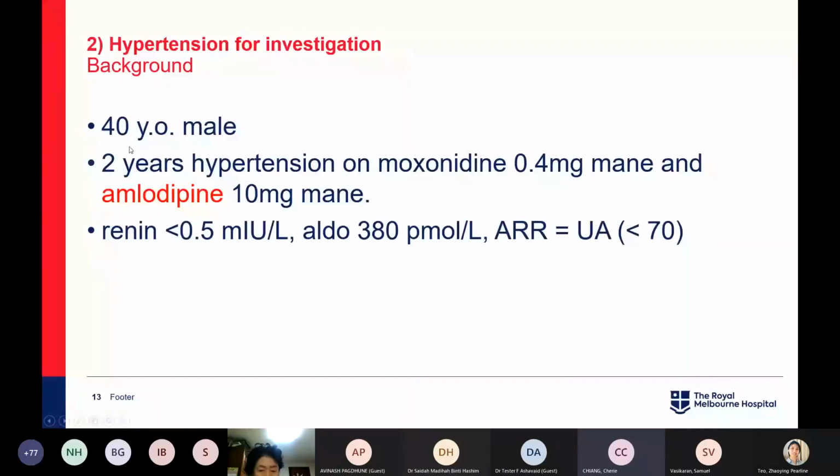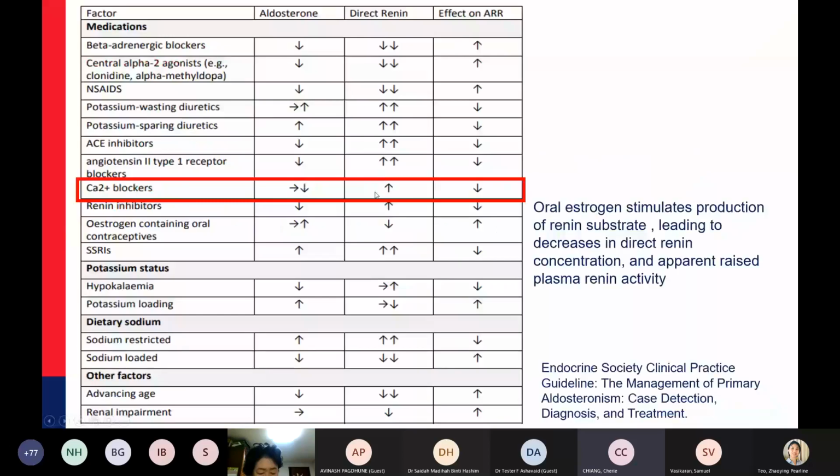So, a 40-year-old male, 2 years of high blood pressure, on moxonidine, but also on amlodipine. Now, of course, the ARR is elevated. Amlodipine, as we know, can interfere with the renin-aldosterone ratio, and we generally ask the clinician to put the patient on appropriate medication before any dynamic testing. However, this chap was still on the amlodipine at the time of the saline suppression test. So in terms of interpretation of the result, the calcium channel blocker can reduce aldosterone, and I should also mention, with the previous lady,